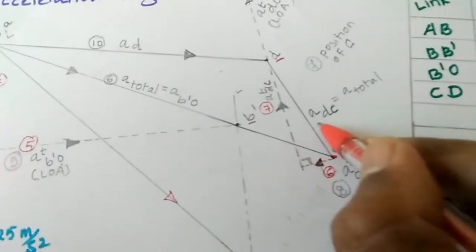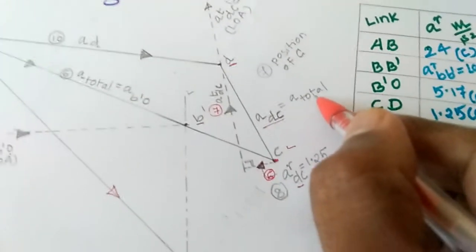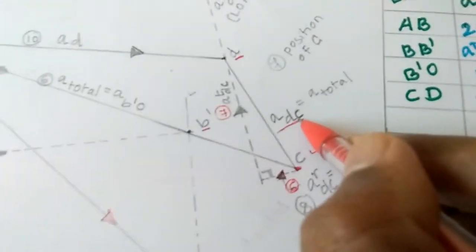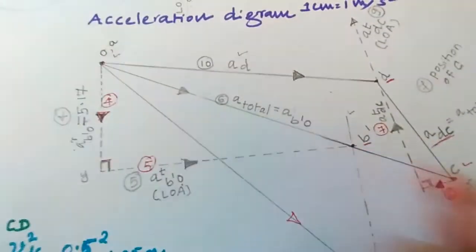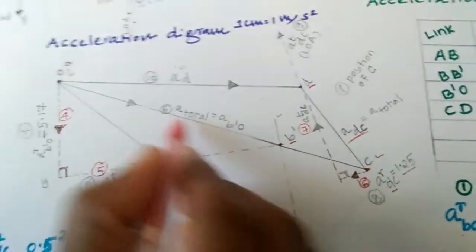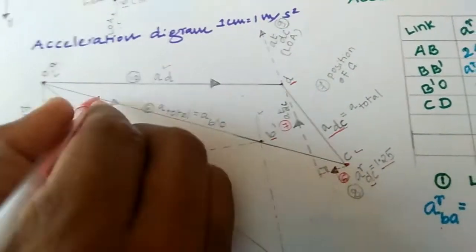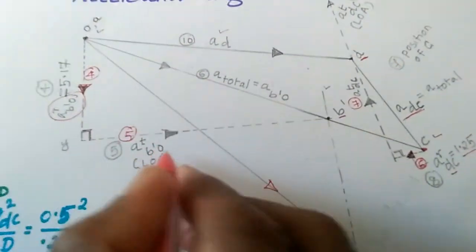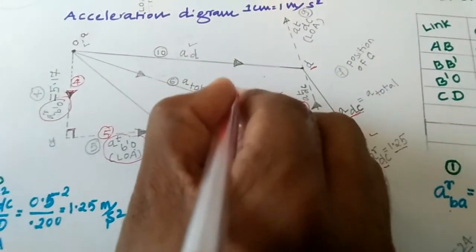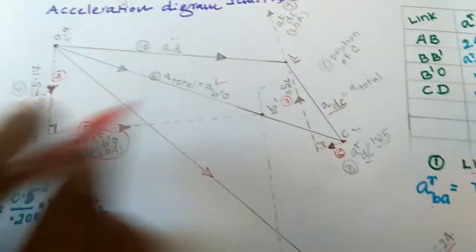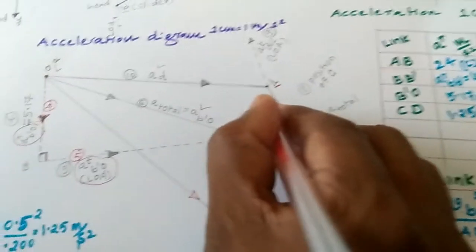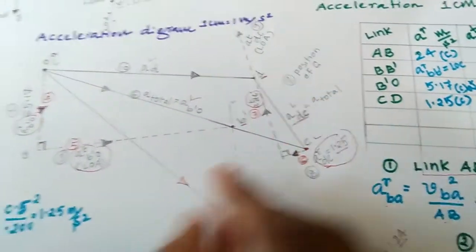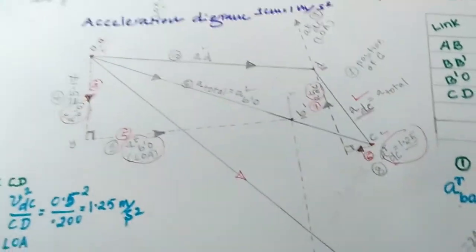Then once again you join D with respect to C also. This becomes the resultant, ADC equal to total. You will find this also. This becomes total, this is also total. Then once again you have to join this also. You look at this one, this is radial, and this becomes total. Can you find it? For these two, this becomes total. I hope you got it explained properly.